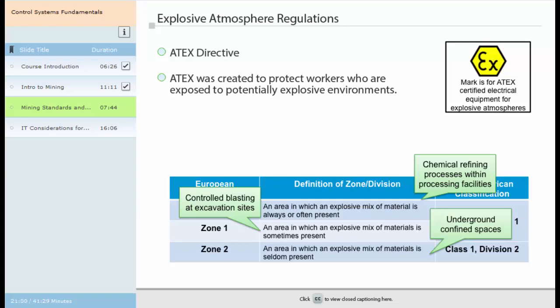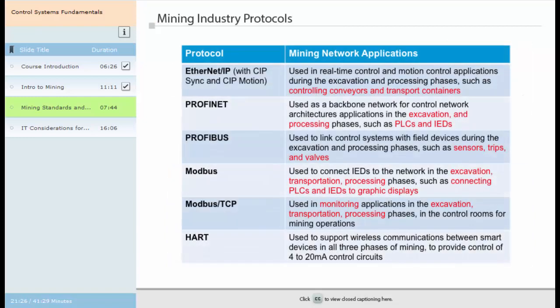Areas where an explosive mix of materials is seldom present but can happen accidentally, such as an underground excavation site, where poorly ventilated areas may collect an explosive mixture of gases and vapors. The Dangerous Substances and Explosive Atmosphere regulations mandate that equipment and safety control systems are certified for explosive atmospheres and marked accordingly. Similar to the oil and gas industry, a variety of communication standards are used at all levels to control the mining process,